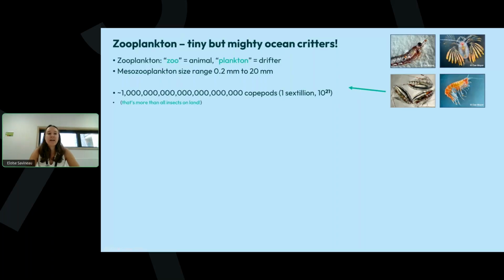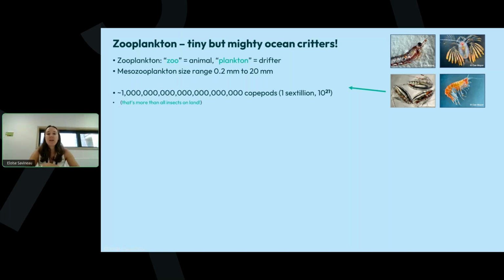So firstly, in case not everyone here today knows much about zooplankton, these are tiny but mighty ocean critters that kind of dominate the ocean. Zooplankton comes from the Greek zoo meaning animal and planktos meaning drifter, and it basically refers to a suite of animals that are at the mercy of currents. And I'm specifically interested in mesozooplankton, so that's the size range of about 0.2 to 20 micron. So that's stuff like your small shrimp, sometimes some small krill,